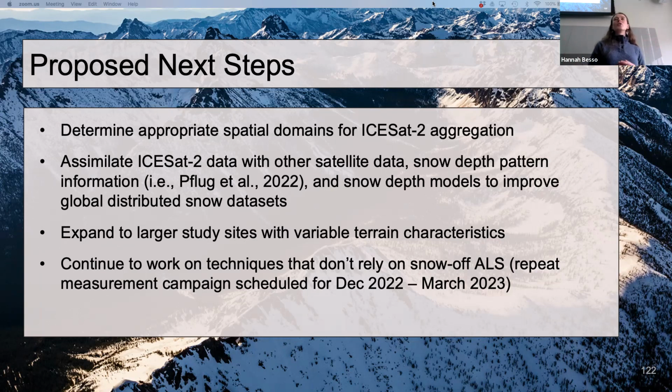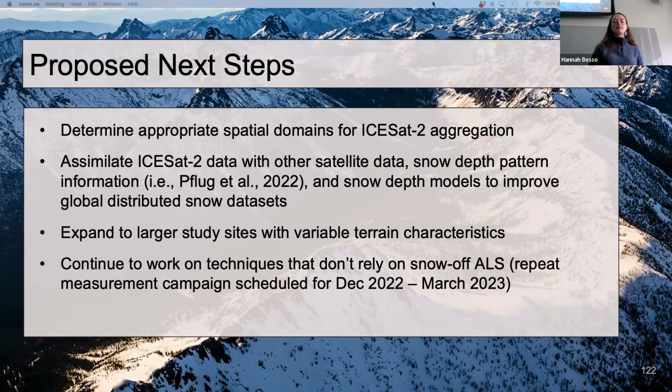We also propose that assimilating ICESat-2 data with other satellite data, with snow depth pattern information, such as done with Flug et al. 2022, and with snow depth models, could improve global distributed snow depth data sets. We propose that expanding to larger study sites with variable terrain characteristics would help us scale these results. And we think that the snow community should continue to work on techniques that don't rely on snow off aerial